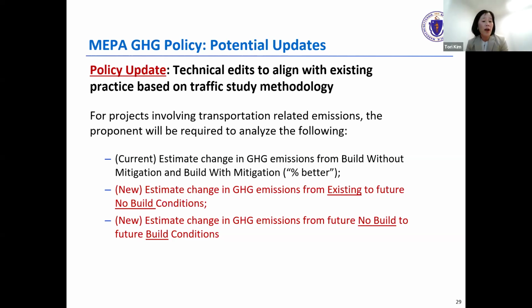However, when a traffic study is conducted, typically the starting point is existing conditions, and then you will model out future no build conditions, essentially background conditions in the future year when the project is expected to be built, and then a future no build to build. So when we ask for greenhouse gas analysis, it already is coming in this fashion because typically a traffic study is conducted and then the greenhouse gas emissions are calculated from the traffic study. So this is just a technical edit to make sure that the policy aligns with existing practice.